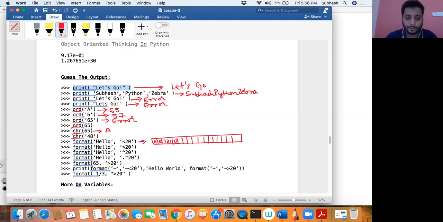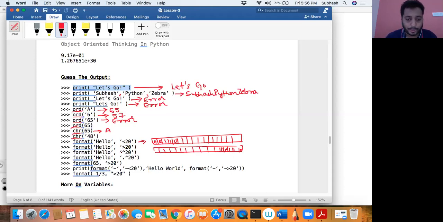With 20 spaces, the string would be formatted from the right. So out of 20 spaces, the last five spaces would be used from the right hand side. In the previous case, it was from the left hand side.